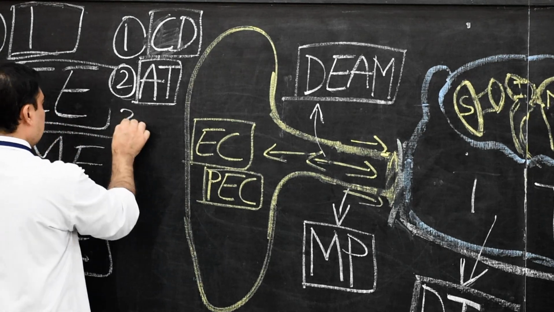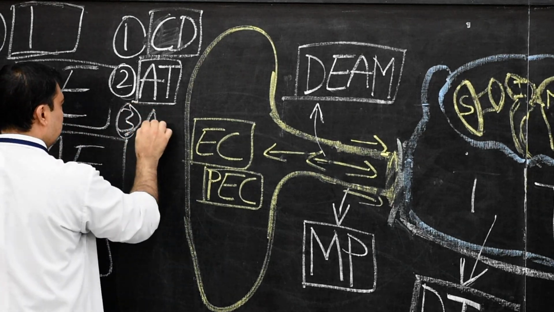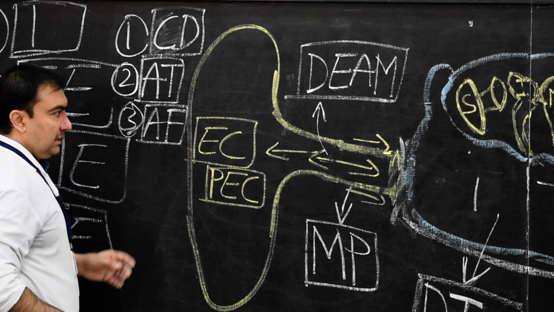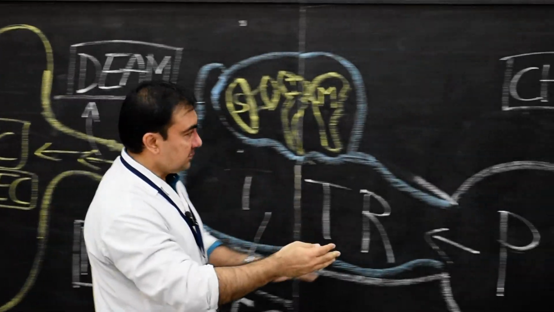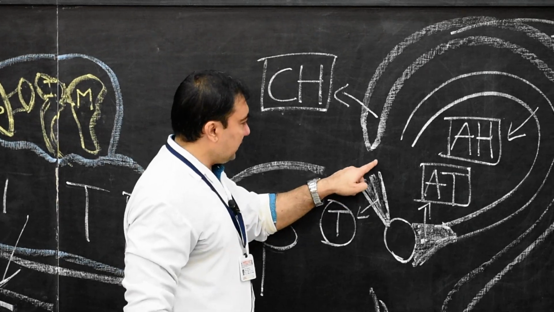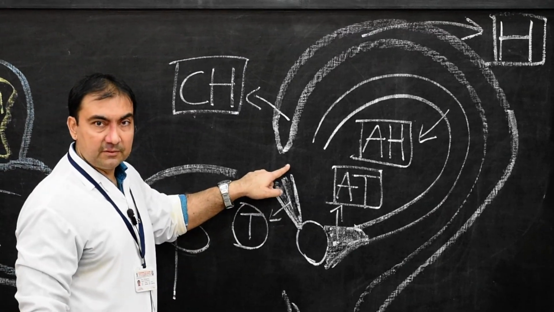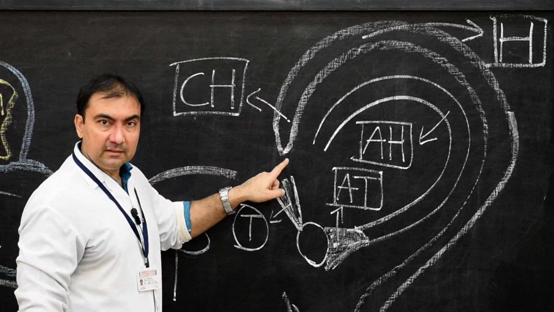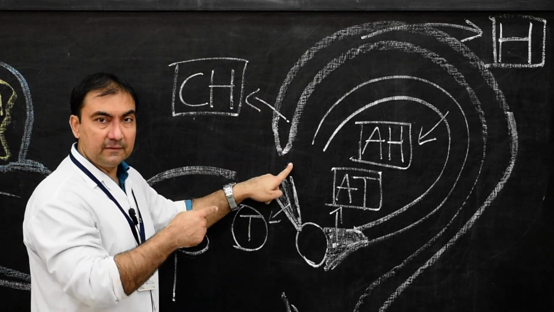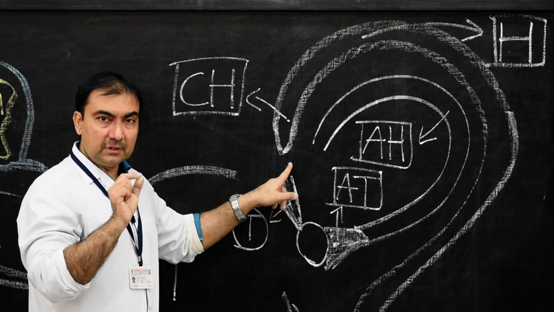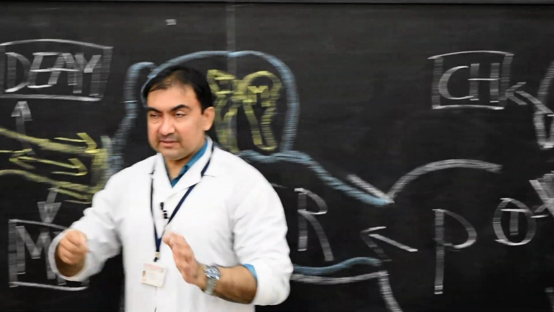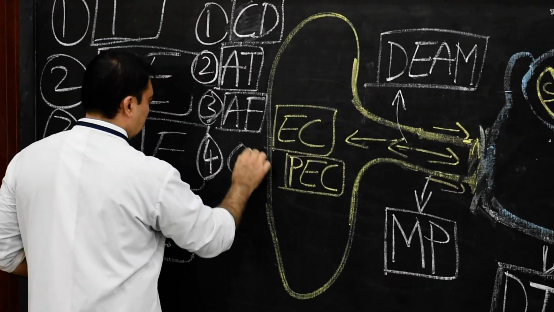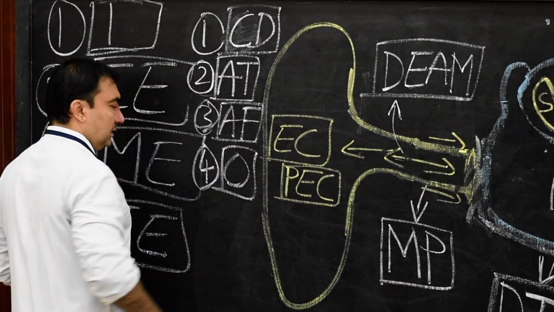Then third will be the aural fistula, A-U-R-A-L. Please come on this side. There may be a canal where my finger is, between the tragus and the crus of the helix. And this abnormal canal deep inside will lead to an aural fistula. And the fourth anomaly, the last one, will be known as otocephaly.